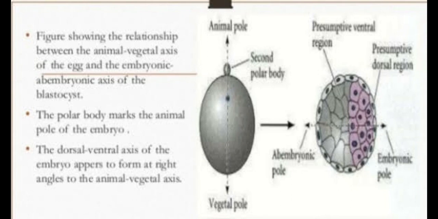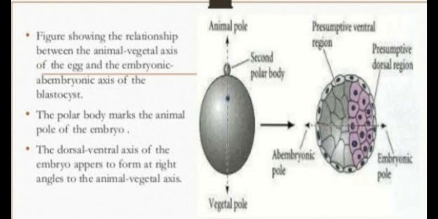Now this is the diagram. On closely observing this diagram, we can see that there is an embryonic pole, and we can say that the dorsal ventral axis is defined by the embryonic and abembryonic axis of the blastocyst. The figure is showing the relationship between the animal and vegetal axis of the egg and the embryonic and abembryonic